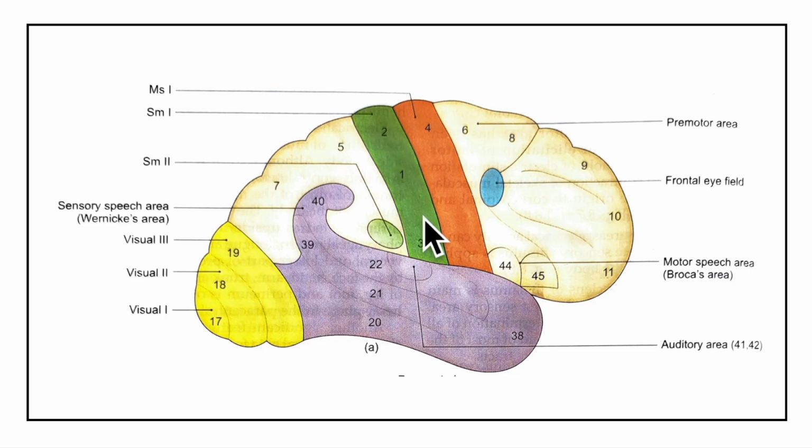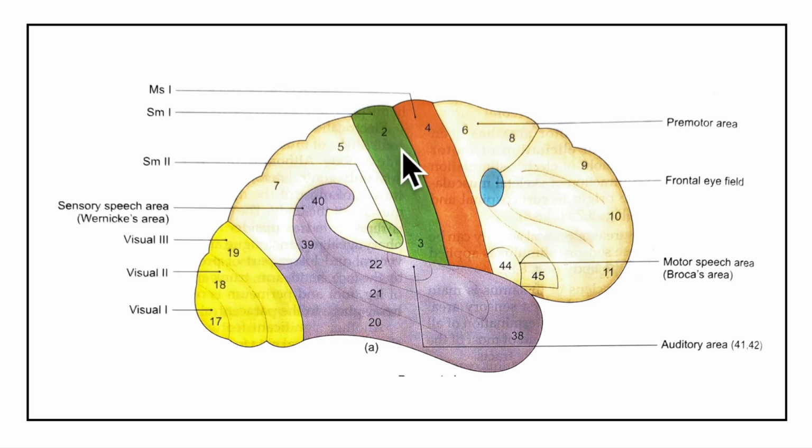First we have the first somesthetic area. It is also known as the general sensory area or the first somatosensory area, that is SM1. It occupies the post-central gyrus. We know that this is the central sulcus, this is the post-central sulcus and this green area is the post-central gyrus. And it also occupies a part of the paracentral lobule in the medial surface of the cerebrum. Now what is its function? It is responsible for the perception of exteroceptive sensations, that is touch, pain and temperature, and also proprioceptive sensations, that